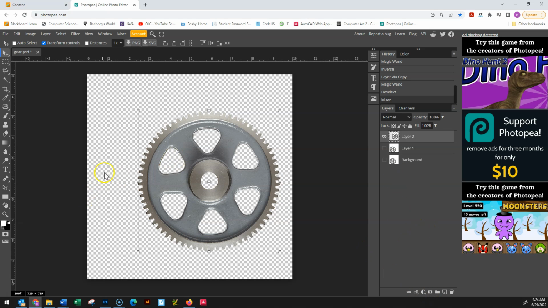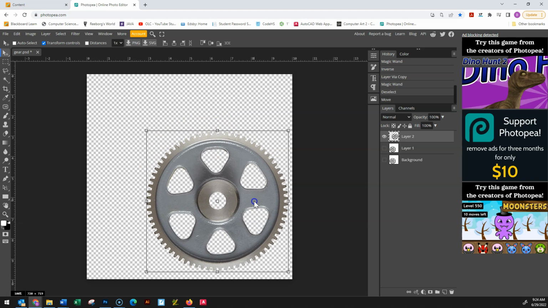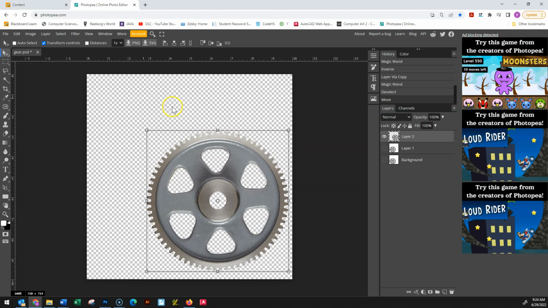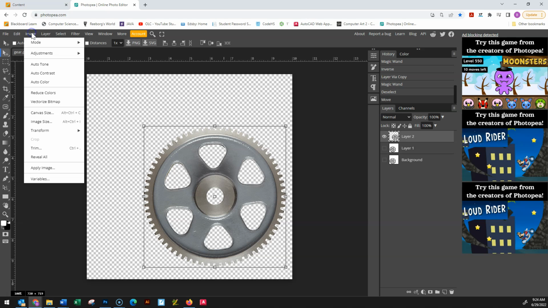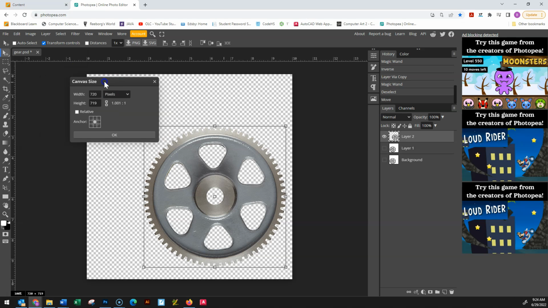Okay, so let's get started. I'm going to need a bigger canvas. So if I put the gear down here and my shadows over here, I probably need more. So here's how you can add to your canvas without impacting the size of everything else. If you go to Image and you go to Canvas Size, it'll allow you to change the size of the canvas, and it'll allow you to anchor what's currently there to a certain point. So what we're going to do is anchor this to the lower right corner,